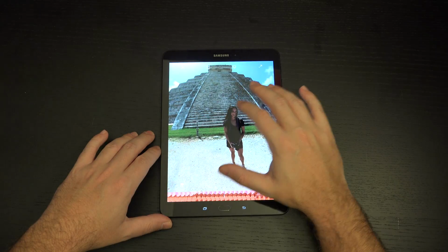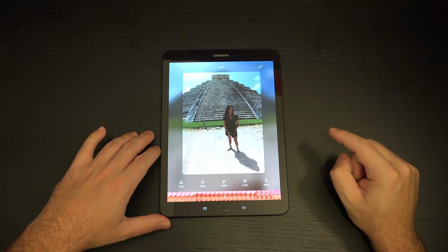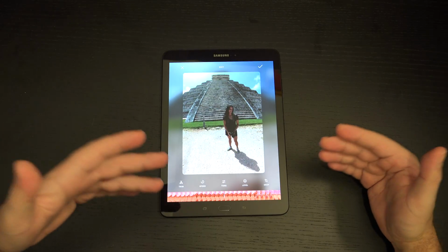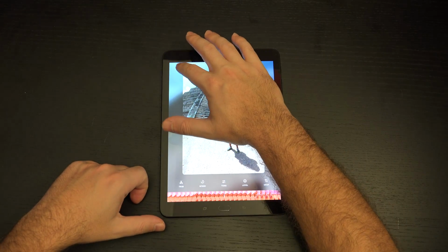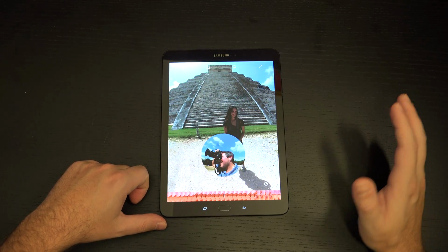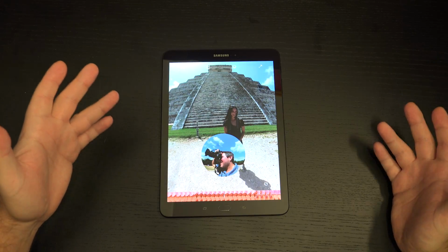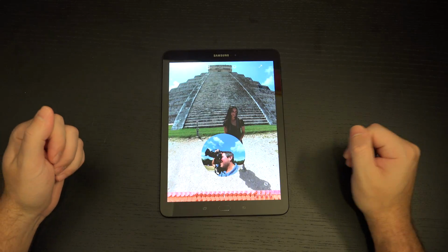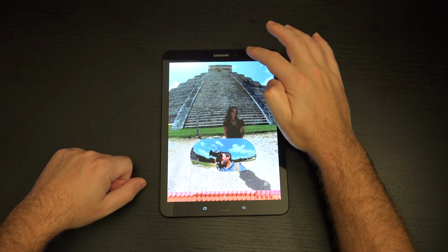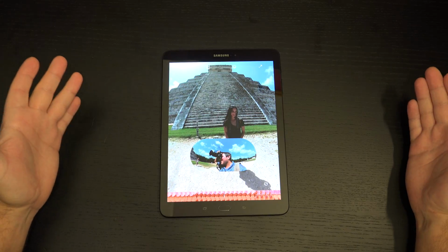And if I go ahead and pause it right there, you can see at the top, we have the ability to go ahead and trim the shot, play with the speed, fine-tune it, the level, crop, not doing any of that sort of editing. You can also do this, which is an interesting, as well as kind of stupid thing, but so that you can see both the front and rear at the same time. And if you tap it again, it just gives you a wider version of me, as if that was necessary